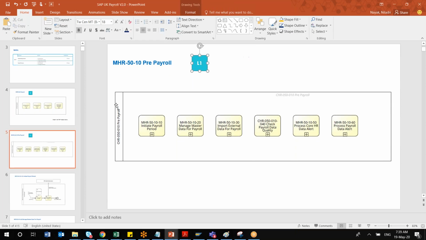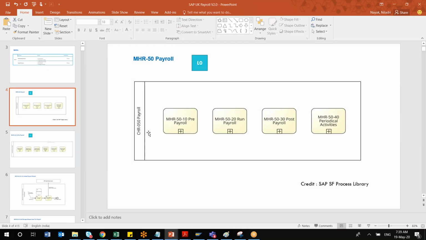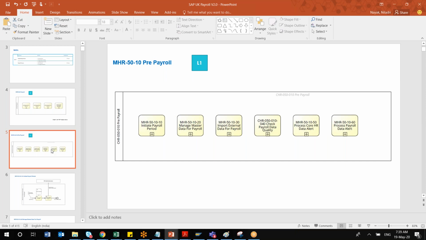Under the pre-payroll process, we have six different sub-processes: initiating a payroll period, managing master data for payroll, importing external data for payroll, payroll data quality check, processing core HR data, and alerts. These are the different steps inside your payroll process.